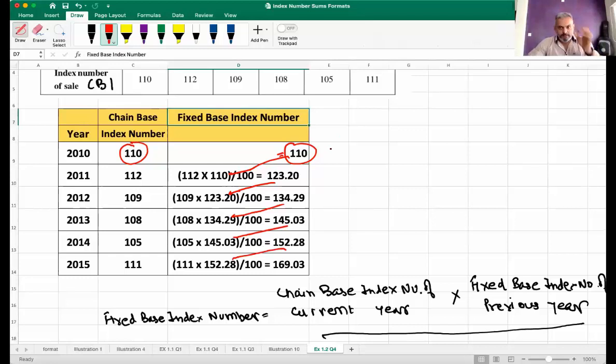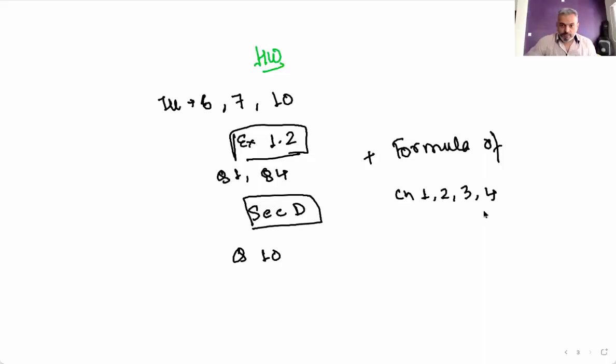So if we make one mistake, it has a domino effect or a cascading effect. So the mistake will keep continuing. So please be careful about this. Can come for 3 marks. Important. Your homework, what you have to do